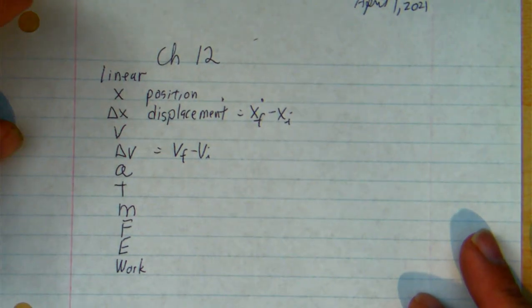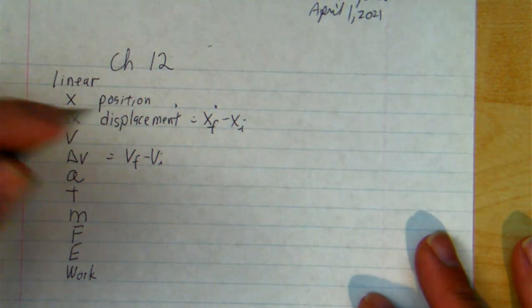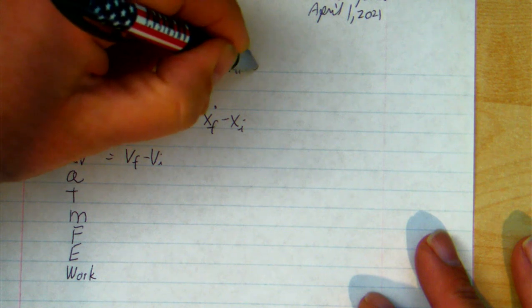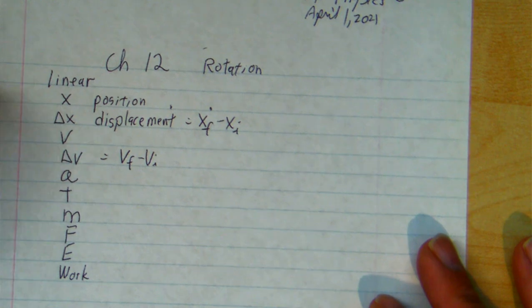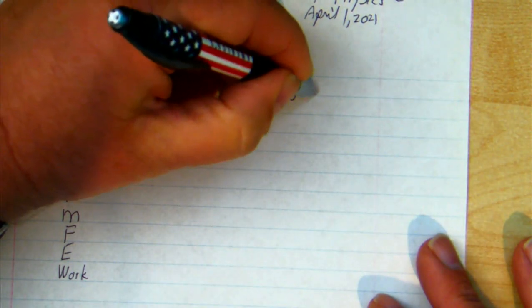So great. So far, you've had all these different variables in our course. And now in chapter 12, which is on the topic of rotation, we're basically going to just about double all of the variables and expressions that you've been dealing with. So in the angular world,